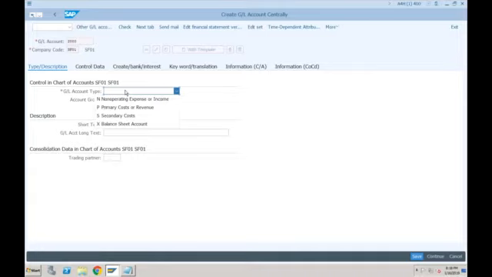The first one is non-operating expenses or income. Let's read out all 4 and then I'll tell you the difference. Second one is primary costs or revenue. Third one is secondary costs, and fourth one is balance sheet account. So in short, whenever you are creating any new GL for a balance sheet account, we will always use balance sheet account.